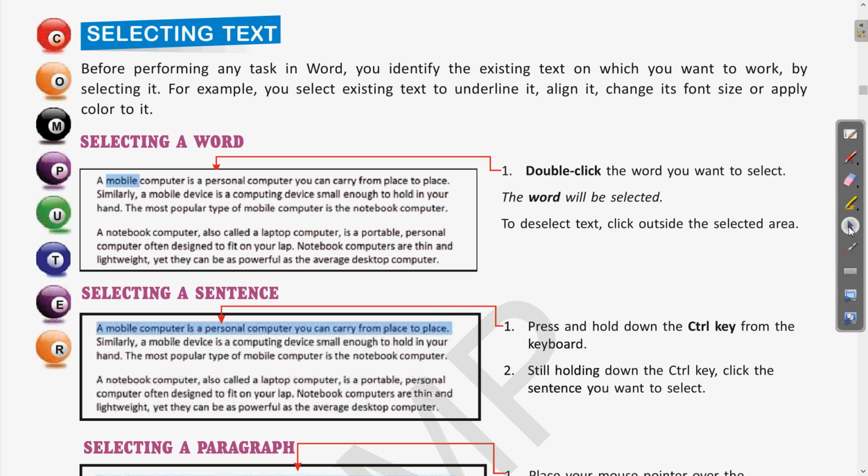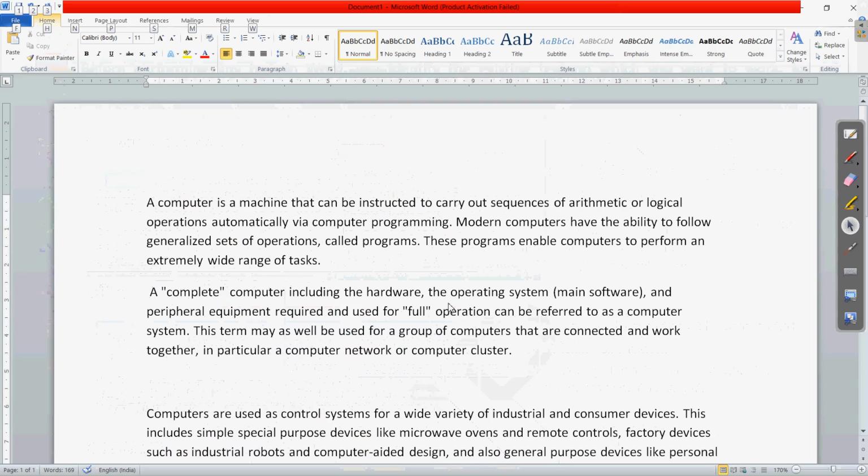So if I come to the Word software, yesterday we saw how to start the Word software. There a few paragraphs are written. Now if I want to select any single word, we will double click on that. Here it is written, a computer is a machine that can be instructed to carry out sequences of arithmetic or logical operations.